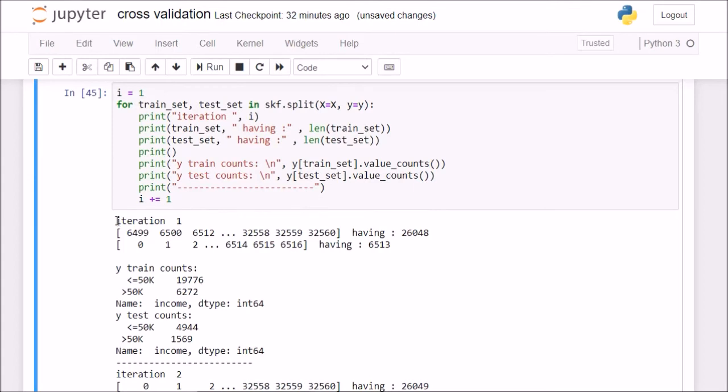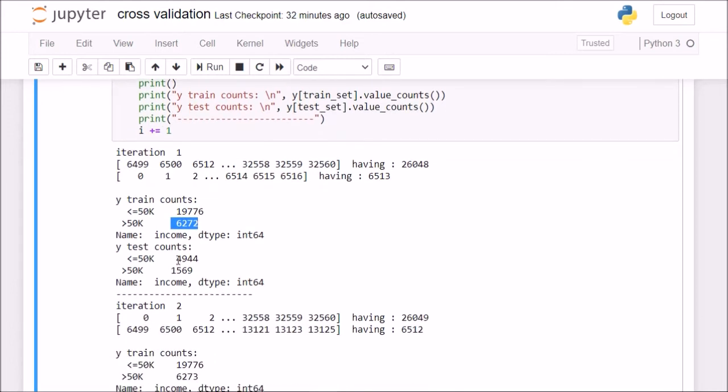In iteration 1 I had 26,048 in my training and 6513 in my testing. And if I want to check the distribution of y labels, in my training I had 19776 and greater than 50k 6272, and in my testing fold I had 4944 and 1569.